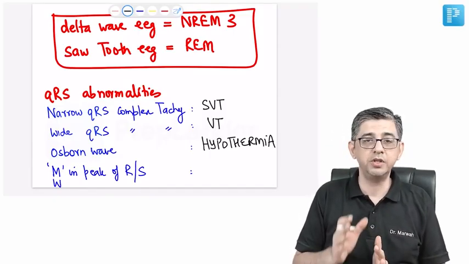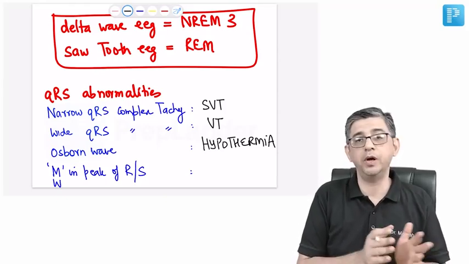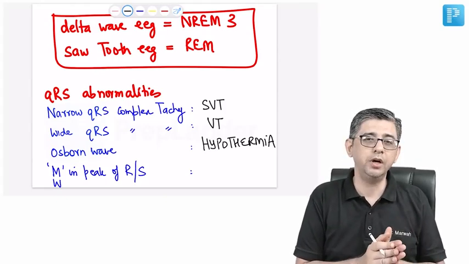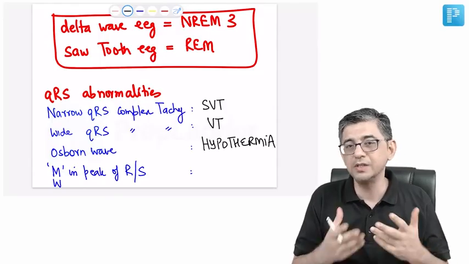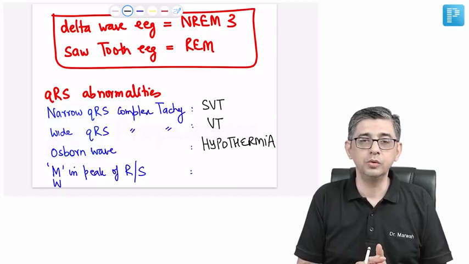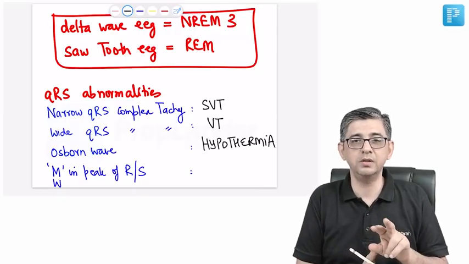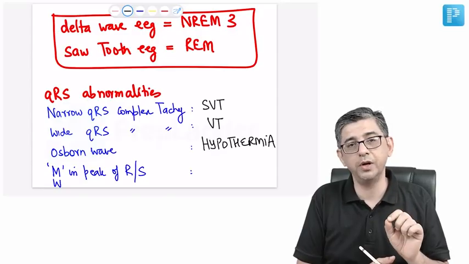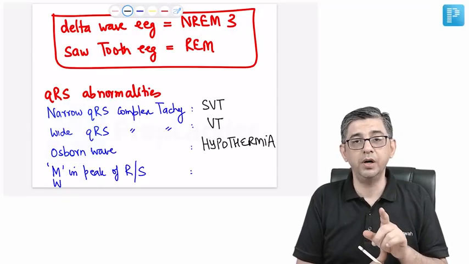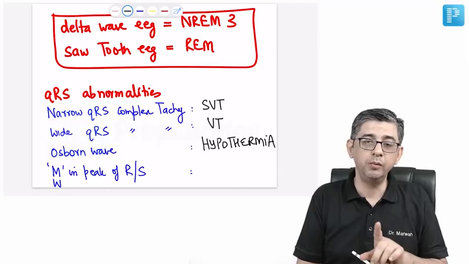The ideal site for checking the core temperature is pulmonary artery, but that would be a very invasive method. So on a comparison basis, there are two MCQs. One says what is the ideal site for checking the core temperature? Answer is pulmonary artery. But if he says preferred site, then don't answer rectum, because the thermometer might be touching